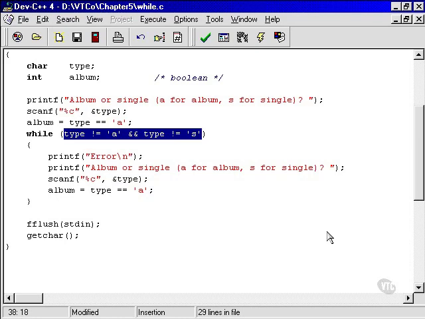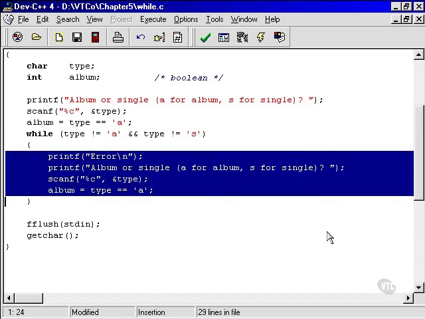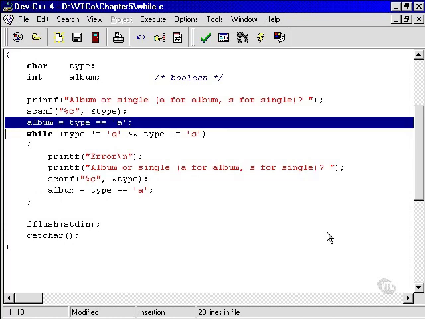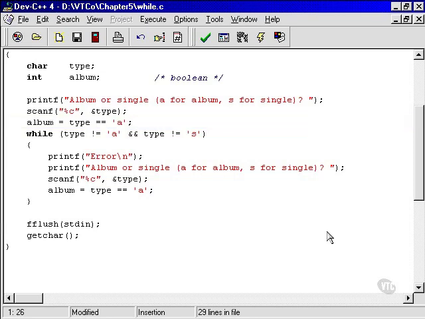So that's probably fixed our problem. Let's have a look. We ask them the question, we get their answer, we see if it's not an A or an S. If it's not A and it's not S, then we go and do all this stuff. So if it is an A or an S, then we don't need to do any of that stuff. This line here means that the album variable has already been set correctly, so we simply move on and go